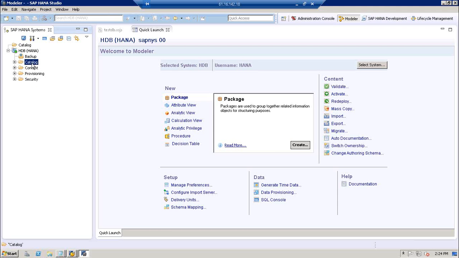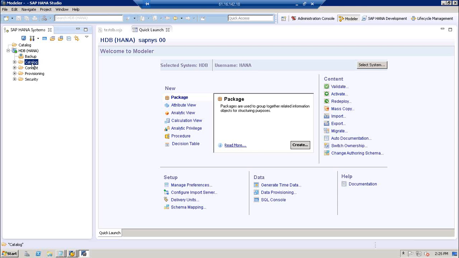Catalog covers any activity you want to do on the database object. It contains your schema. Under schema, you will have your database tables, procedures, views, synonyms, and sequences. All of those are covered as part of catalog.